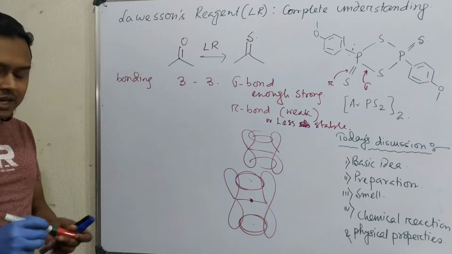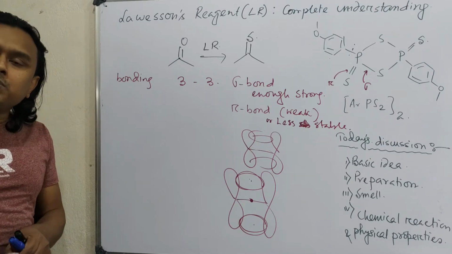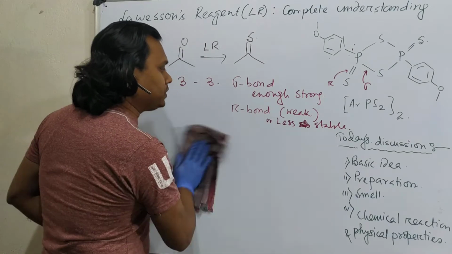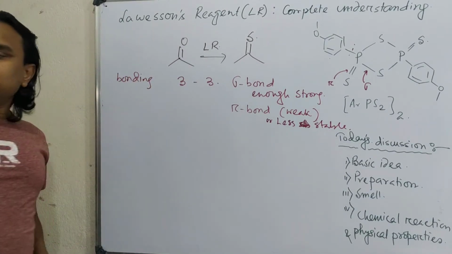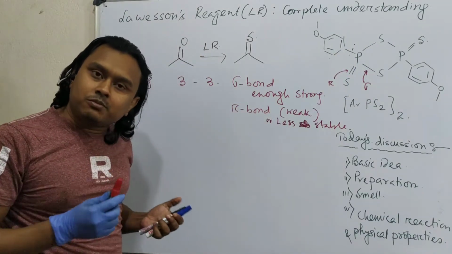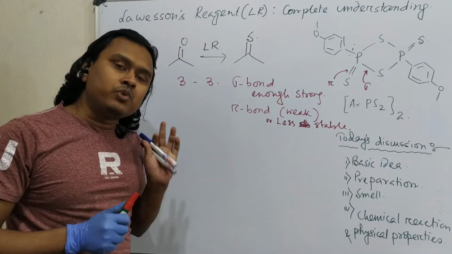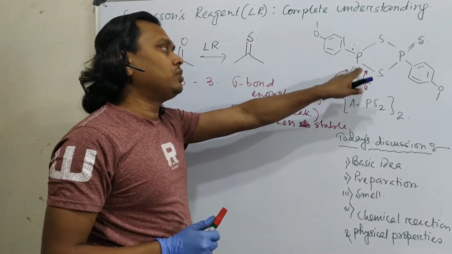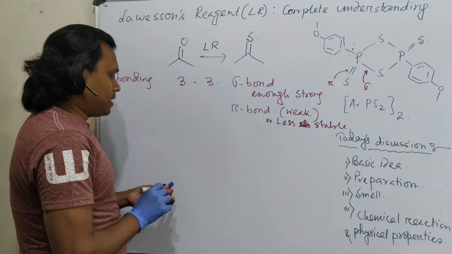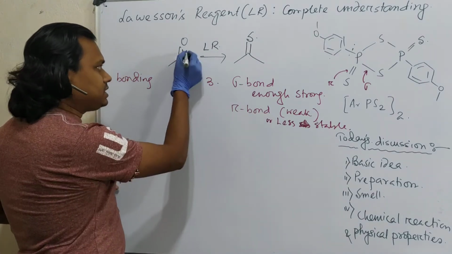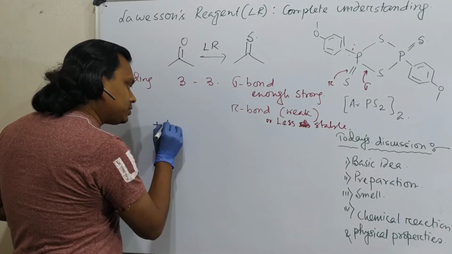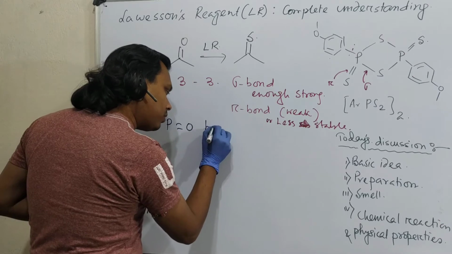So how can you utilize this property? If you can give something which can form a stable bond with the central atom, meaning you want to use this molecule as a selective sulfur transformation reagent, then what do you need? You need to give one atom which will form a stronger bond with phosphorus. In this case, oxygen is very famous. Oxygen is converted into sulfur, and along with that, it is producing a phosphorus-oxygen bond.